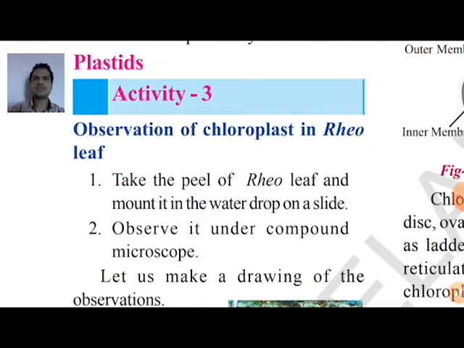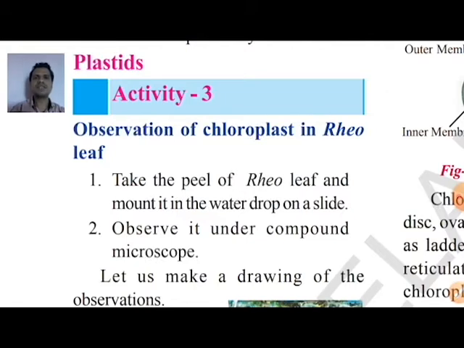That is all because of a special structure called plastids. These plastids are different things that give colors to the leaf, to the fruits, and at the same time to the plant. Now what is the plastid that is well known? The well known plastid is called chloroplast. You know chloroplast? Chloroplast is a small plastid. Inside the chloroplast, chlorophyll is present. This chlorophyll will give the green color to the leaf.